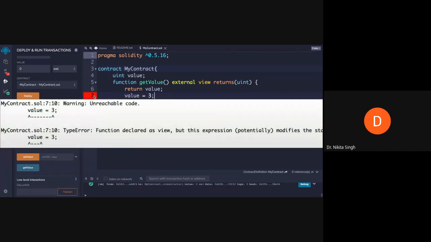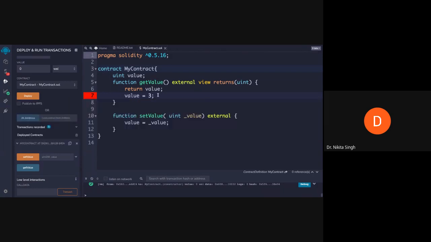It says function is declared as view, but this expression modifies the state. So Solidity says that when you declare a function as view only, it should not do any kind of manipulation. It should only read values and return values. So this is your view keyword, which is used if you want to declare your function as a read only function.